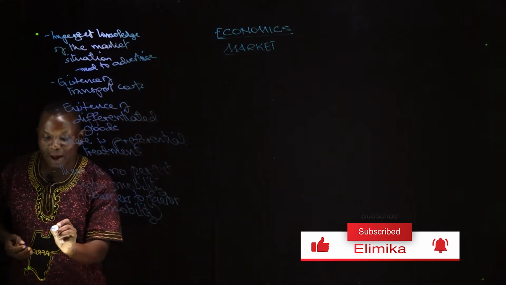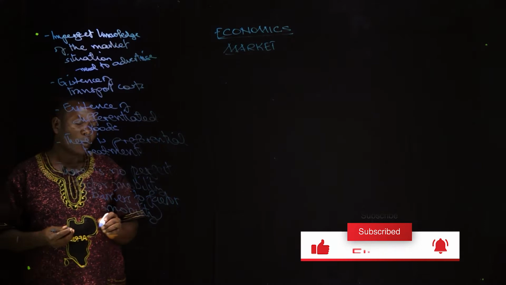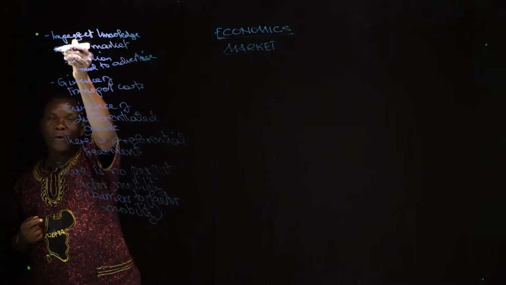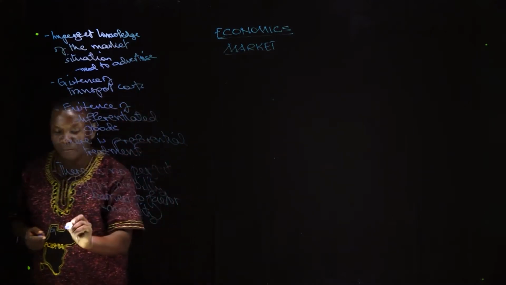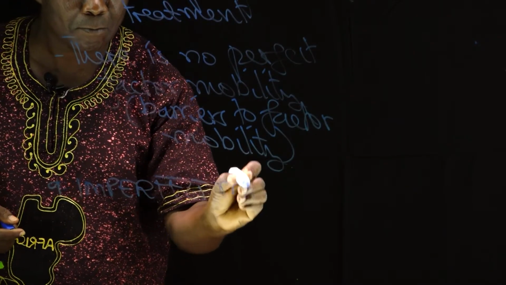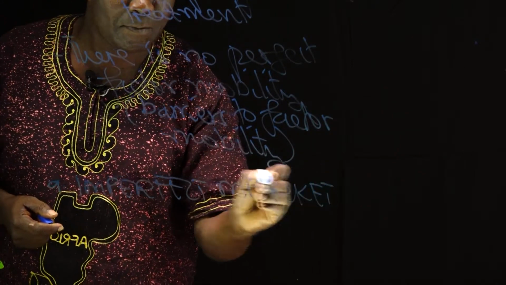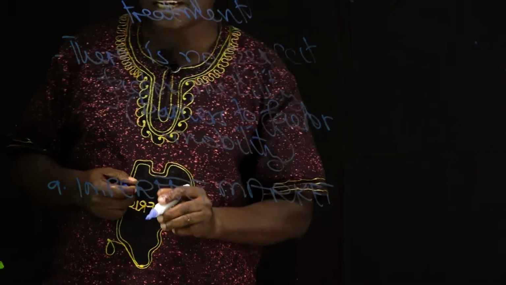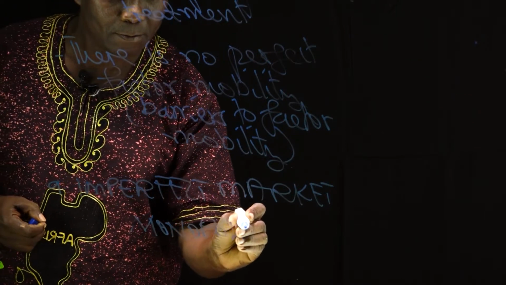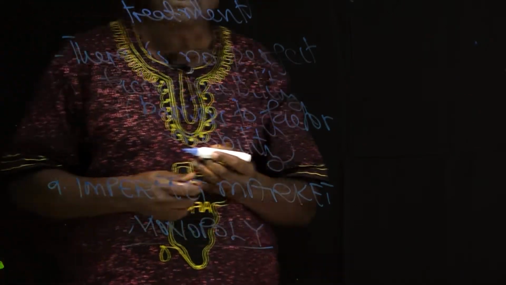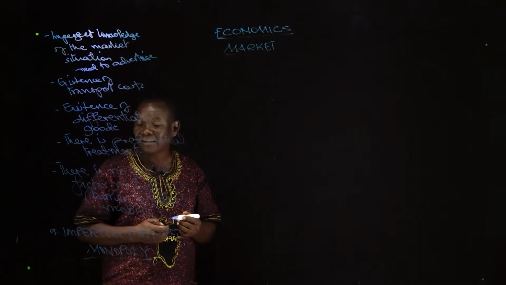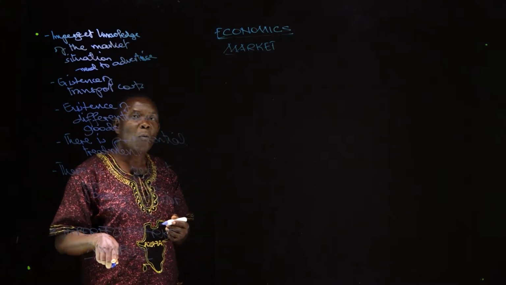Another item that we need to be aware of, we said we have two market structures, perfect market and imperfect market. Take that we are through with a perfect market structure. We go to imperfect market structure. Under imperfect market structure, we said one of them is monopoly. Monopoly is one of the imperfect market structures, and implies one seller.